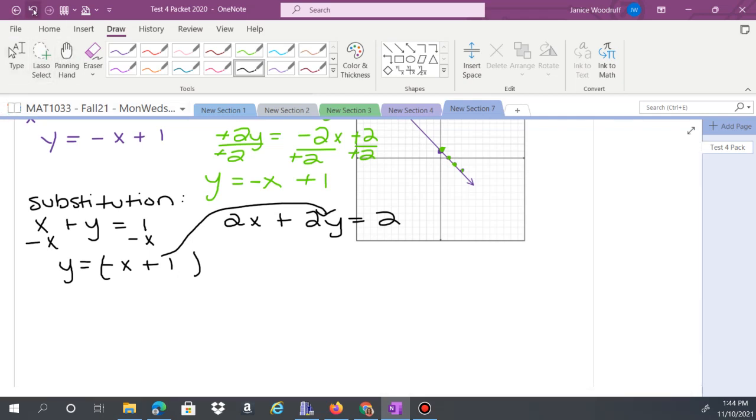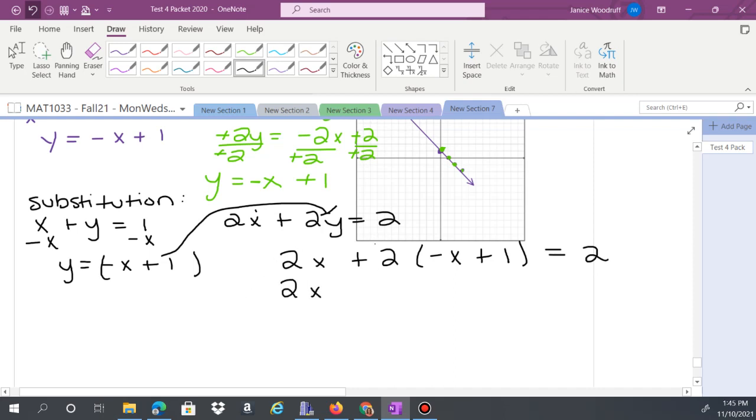That's a bad line. There we go. Okay. We're going to go right there for the y value. So that's going to end up being 2x plus 2, and my y value, negative x plus 1, equals 2. And then we work that out. So this is 2x. This is going to be 2 times negative x, so negative 2x. 2 times 1,